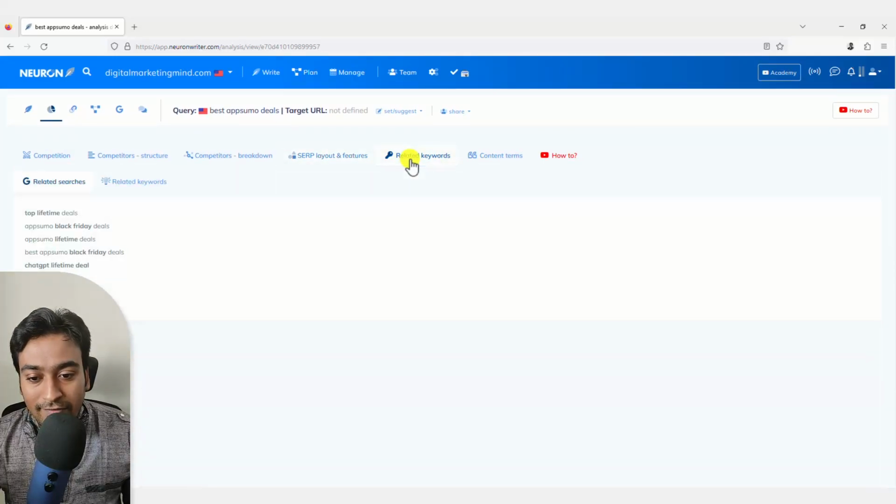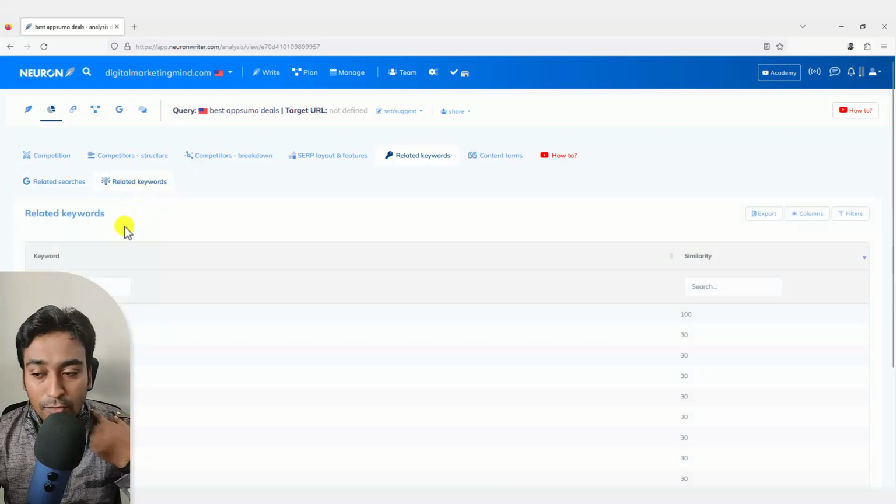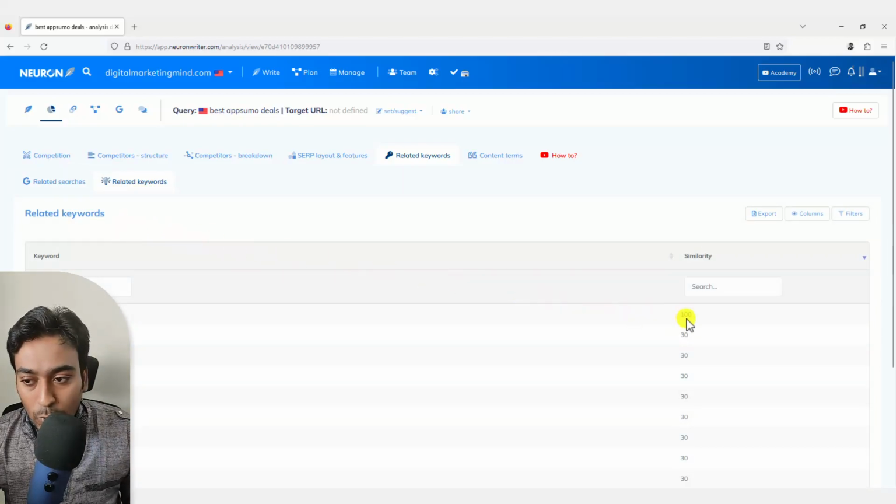And related keywords, it's pretty self-explanatory. When you type in this particular keyword, it will show me all the related keywords here. It also found related keywords on its own and shows me the similarity content score.